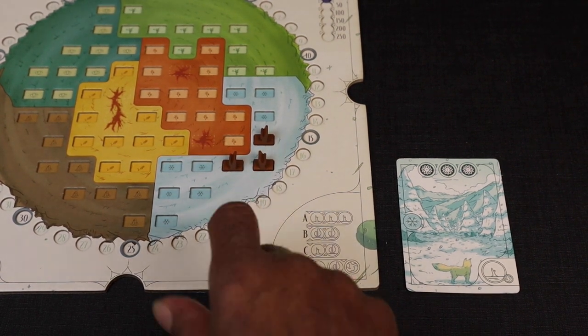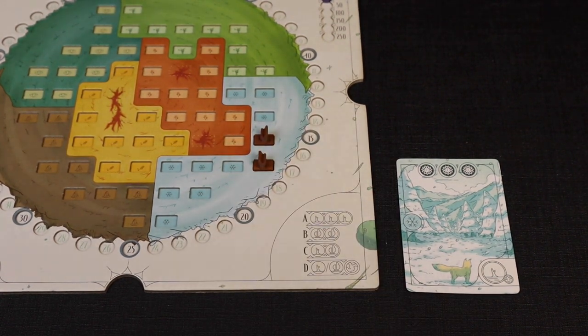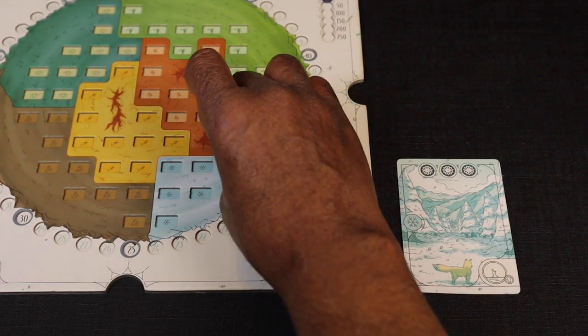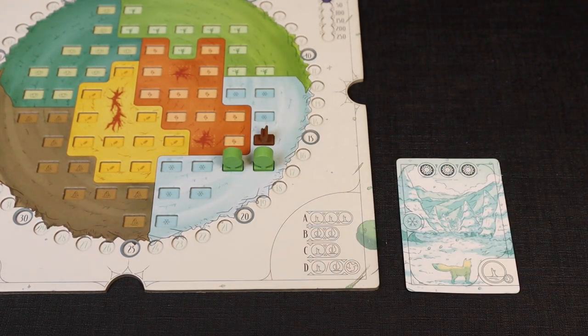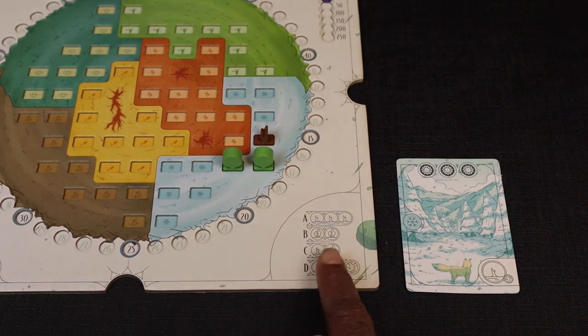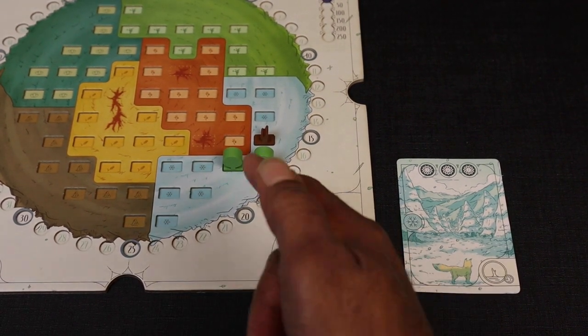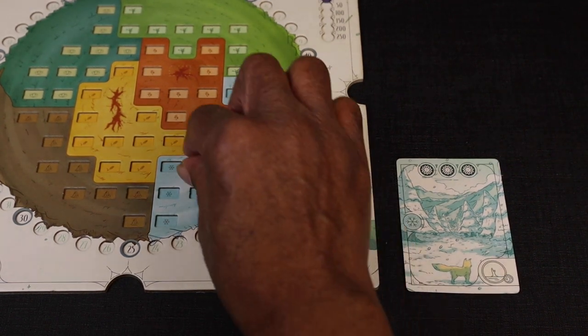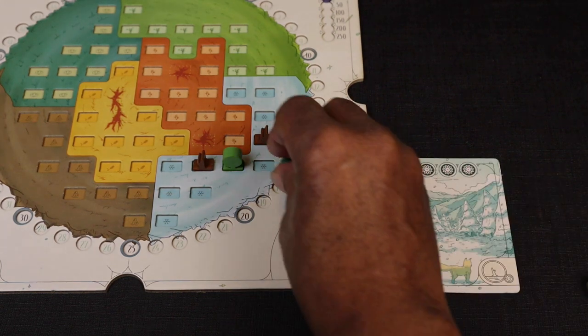So let's say this was the state of the board. So they decide that they're going to turn this tree sprout into a small tree. And they turn this tree sprout into a small tree. The next action they could do is they could plant a tree sprout and do a generic growth. So let's say this was the state of the board. They decide they're going to put a tree sprout here, and then they're going to grow that small tree into